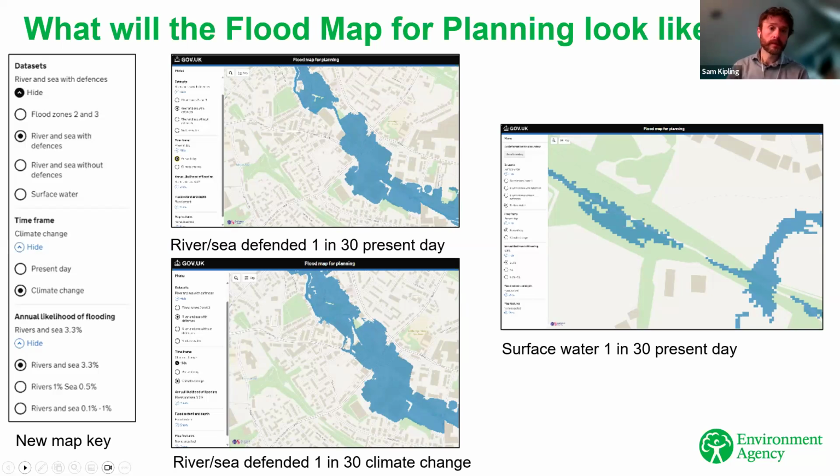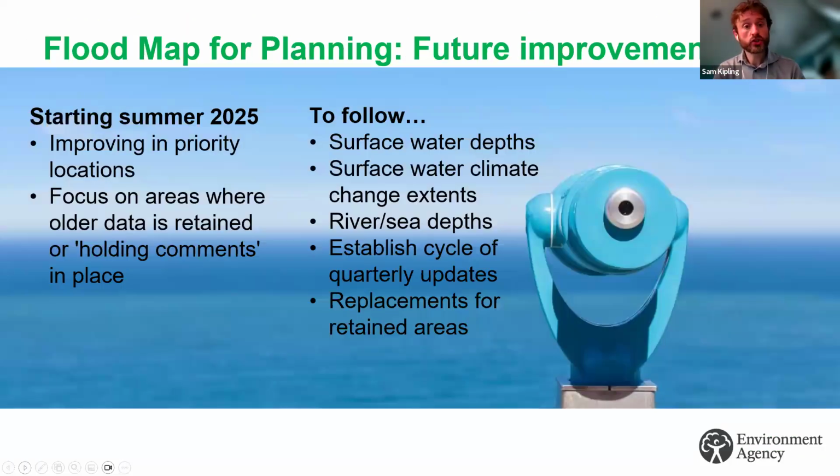Next slide, please. The 25th of March just represents the start of the NaFRA2 information that we'll be making available that will help inform decisions on new development. We expect the first updates to start emerging from the summer, when we'll incorporate more local models, including those where the flood zone updates were paused during NaFRA2 preparations. In due course, we expect to add more information such as climate change scenario and depth information for surface water flood risk, and depth information for rivers and seas flooding.